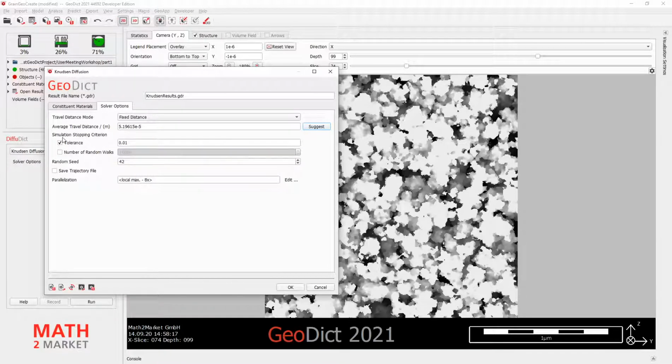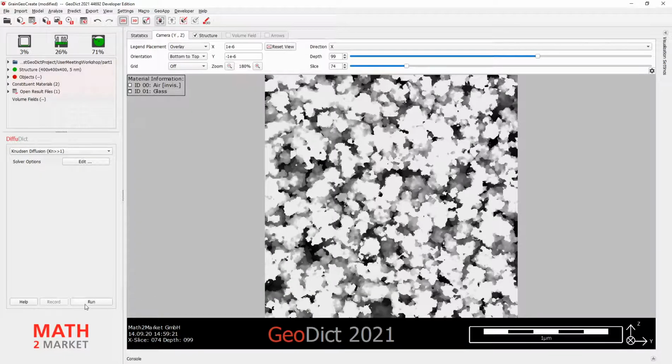And for the simulation stopping criterion, I will go with tolerance, but improve the tolerance a little. 0.005 is all right. And keep in mind, this is really important. If you have a better tolerance here, you will need much more time for simulation. So yeah, you can surely try it out for yourself, but for this workshop, this is absolutely long enough.